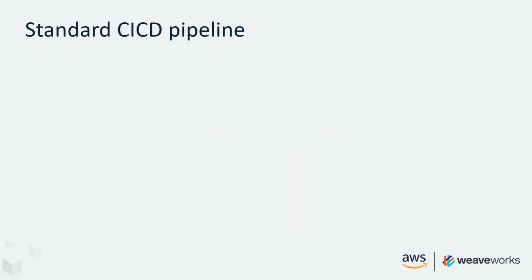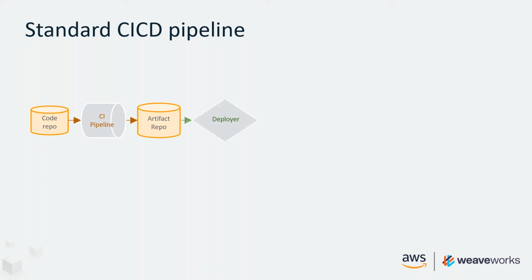Let's look and see what a standard CI pipeline will look like. If we're going to deploy an application to some infrastructure, we're going to start with a code repository. We're going to run a CI, continuous integration pipeline build. It's going to build the code, it's going to run some tests, and because we're smart engineers, the tests are all going to go green. The artifact is produced at the end of the build process and stored in a repository somewhere where our deployment process can take a copy of it and apply it to the infrastructure. So far, so good. What's different about the GitOps pipeline?